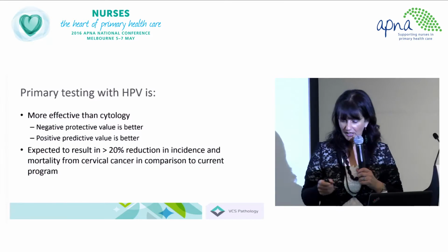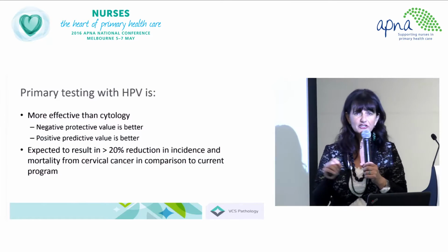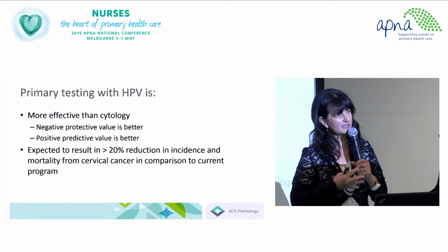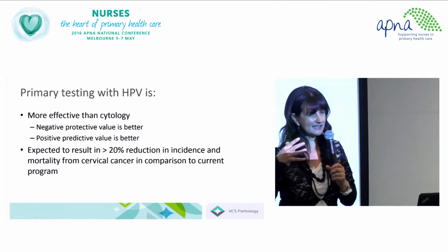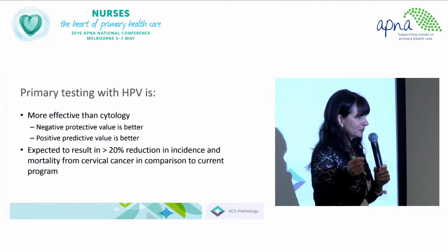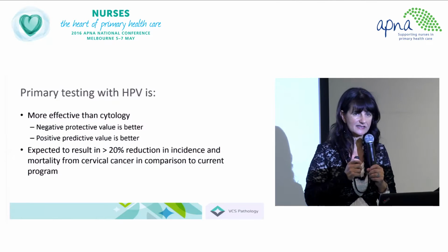So why are we moving to HPV testing? Well, we know, in fact, that it's much more effective than cytology. I'll say once again, cytology is looking for the end result of infection with HPV, and it's done as well, but it's rather a blunt instrument. We know that the negative predictive value, I'll show you this in just a second, is much better,